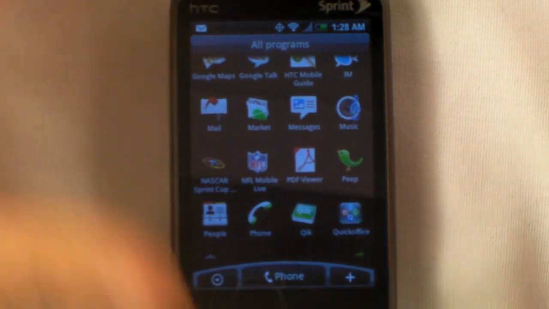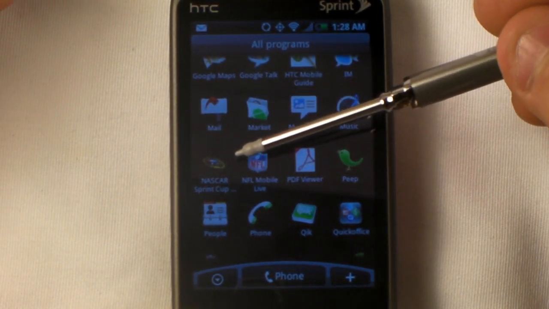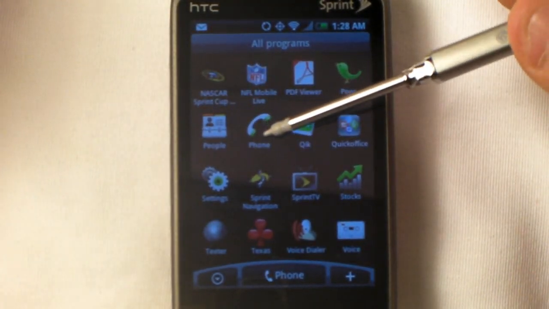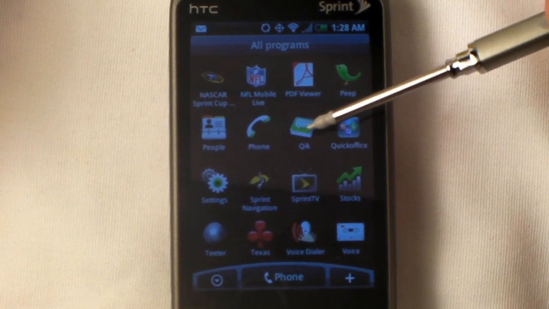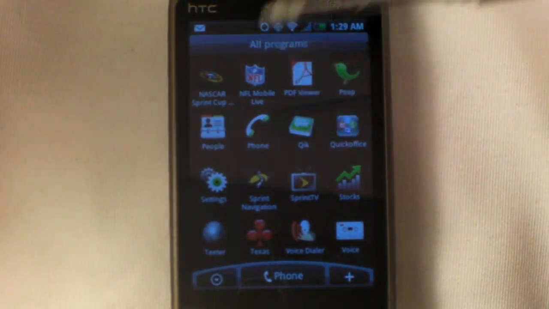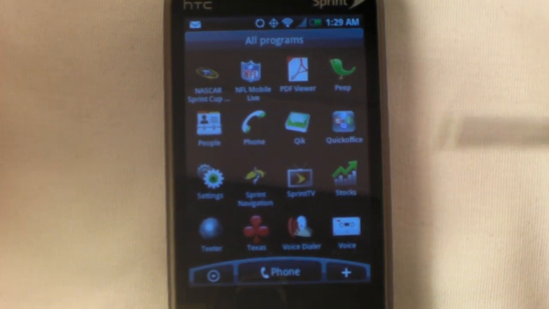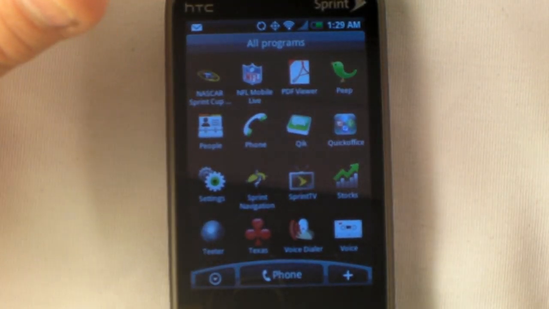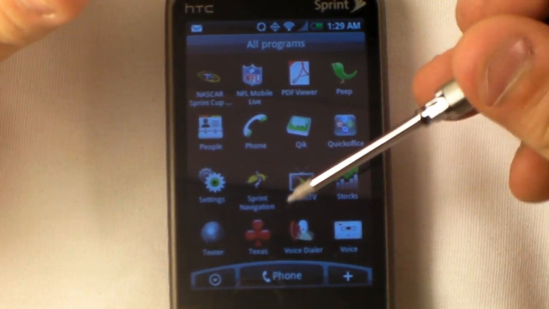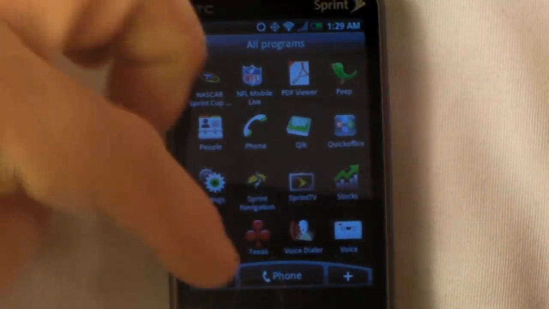October 12th, this is coming out on Sprint, is what I was telling you. NASCAR Sprint Cup, so if you like NASCAR, I didn't actually look at it, but I assume it's kind of like a scoreboard kind of thing. Qik, an application that I downloaded that didn't come on here, lets you take video in real time, streaming from the phone. If you ever want to check it out, go to QIK.com. Quick Office, Stock, Sprint TV, Sprint Navigation, Settings, Teeter, which is using the